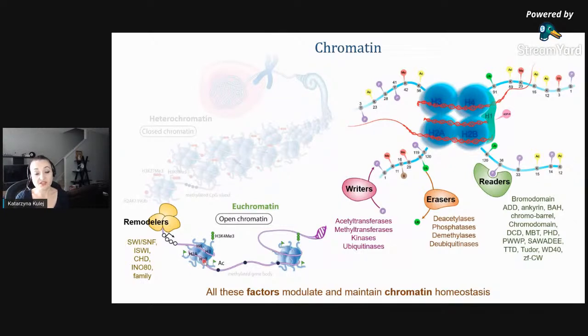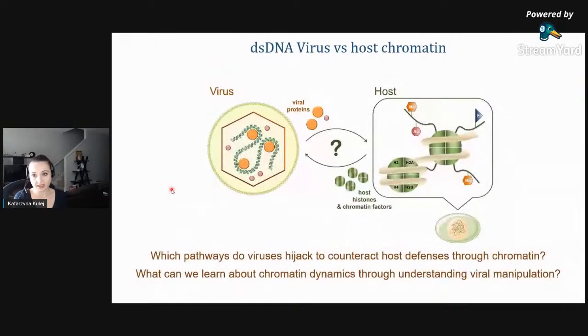Or for example, they're responsible for the histone turnover on the DNA. And this relocation of the nucleosomes creates the space for the transcriptional machinery to bind to the DNA. So now all of these chromatin factors, which I mentioned here, during active infection can come into contact and bind to the nascent viral genomes in order to promote or to inhibit viral DNA replication, gene expression,